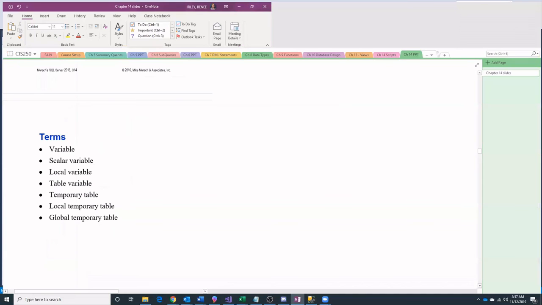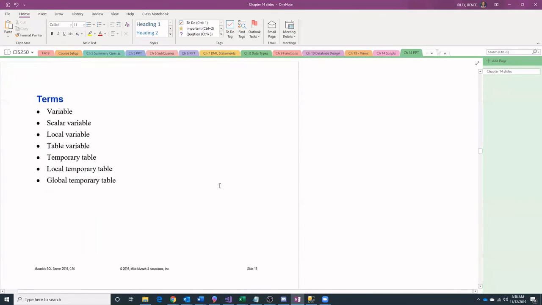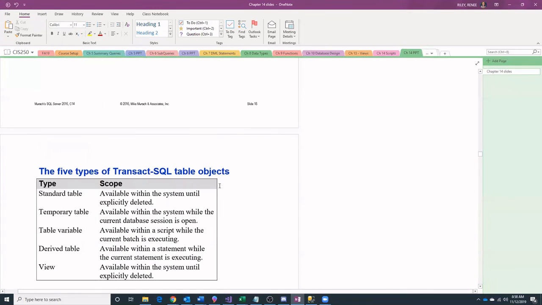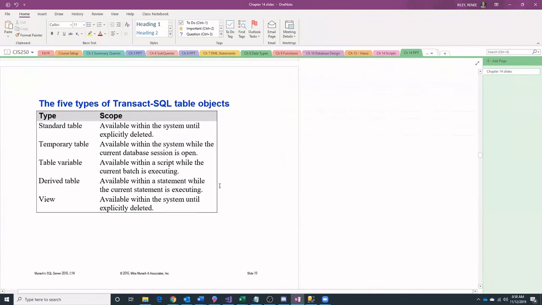Perfect. Okay, that's a really good spot for us. So we've seen some variable declarations. So far, we've seen some scalar and local variables, table variables, a temporary table, and our local and global tables with the hashtag names. So the different variable names, notice that the server uses those to identify what kind of table this is. Now, next time, we'll continue on and look at some additional syntax, get into our if-else statements